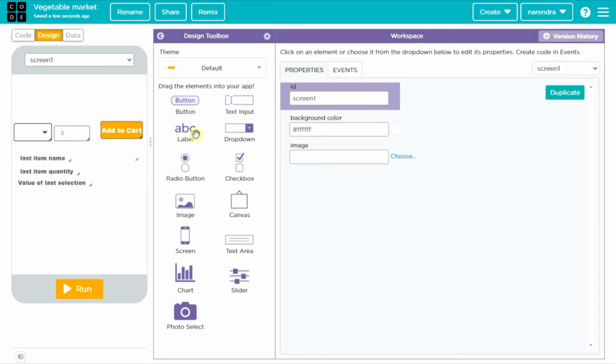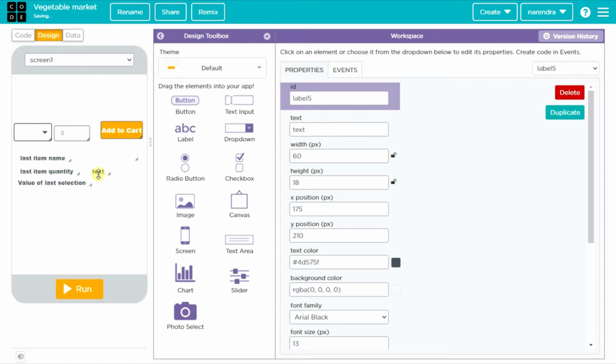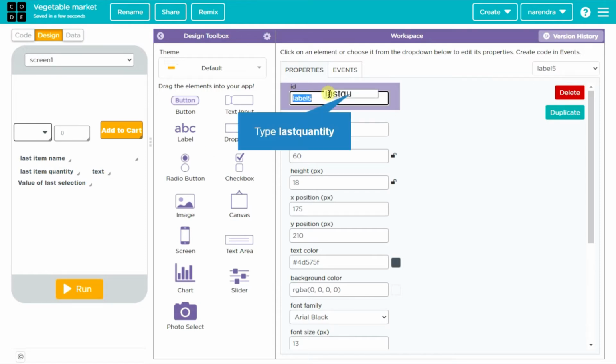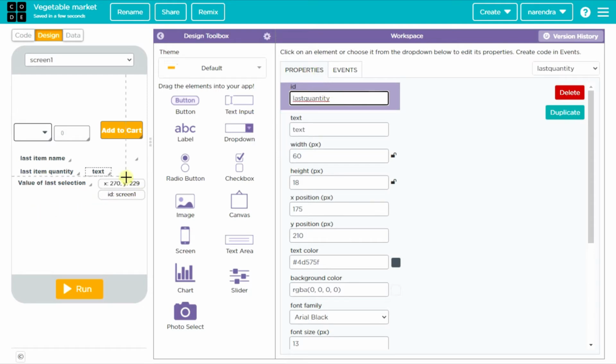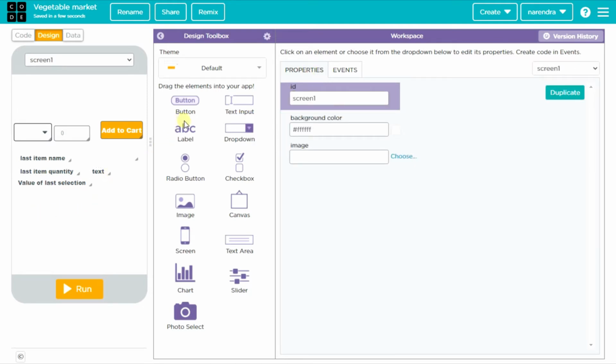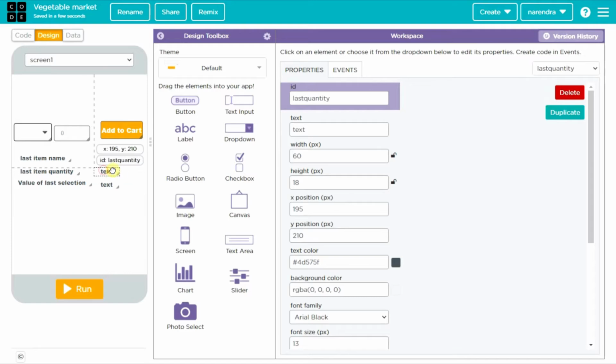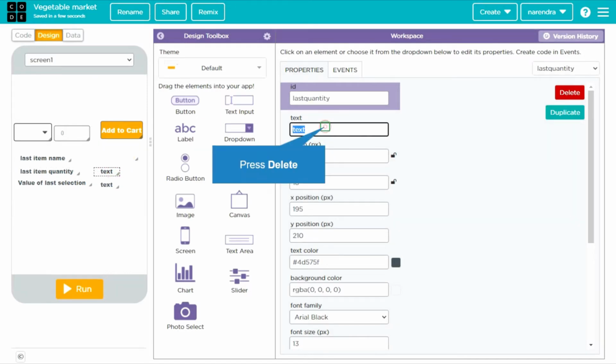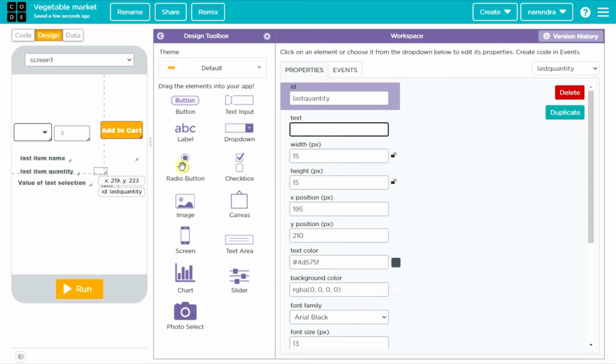I need one more label for showing the quantity. Make this label as last quantity, and I need one more label for showing the value of last selection. Just remove this text and increase the size.